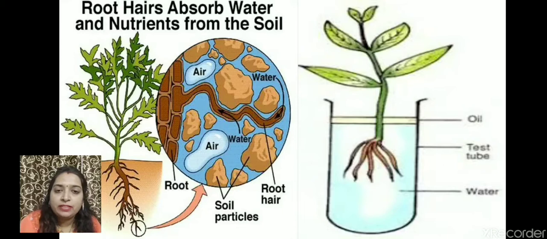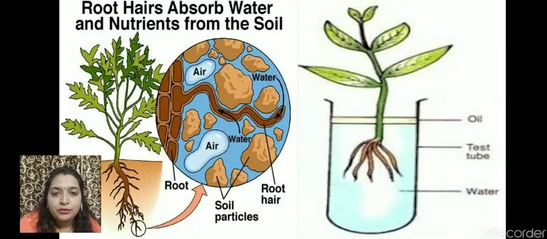How will you perform this activity, children? Take an ice cream cup, put some soil in it, then put seeds of the plant in it and sow them. Then sprinkle water daily. Keep that ice cream cup in sunlight for a few days, like 1 or 2 weeks, and keep continuing watering the seeds. You will see after a few days small plants will grow up in that cup. Now when the plants have grown, stop giving water for at least 1 day, so the soil will dry up.